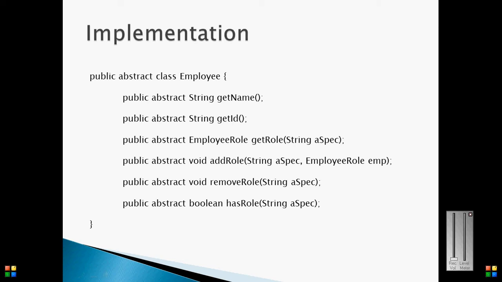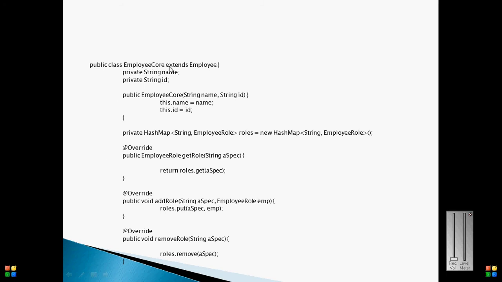So this is the abstract class which has getName, getID, and all role-specific behaviors like getRole, addRole, removeRole. EmployeeCore extends Employee. So this is the constructor. We pass name and ID to the EmployeeCore constructor. This is the implementation of the component's getRole. We have created a roles hash map over here. We add the role name and the role object